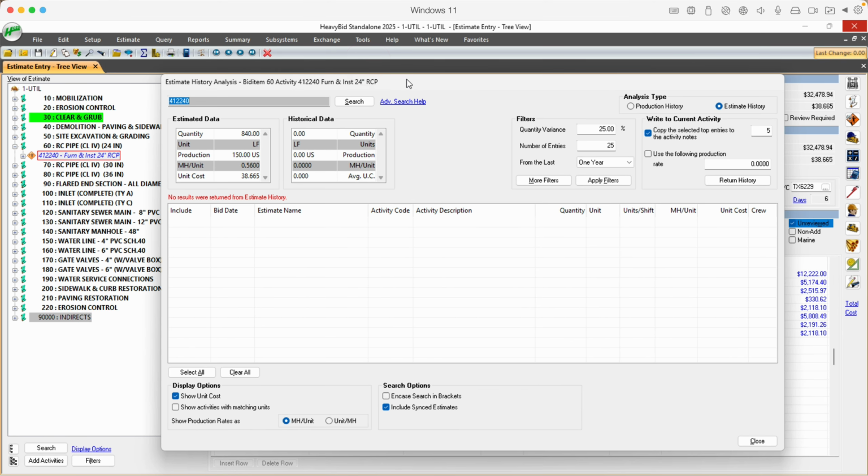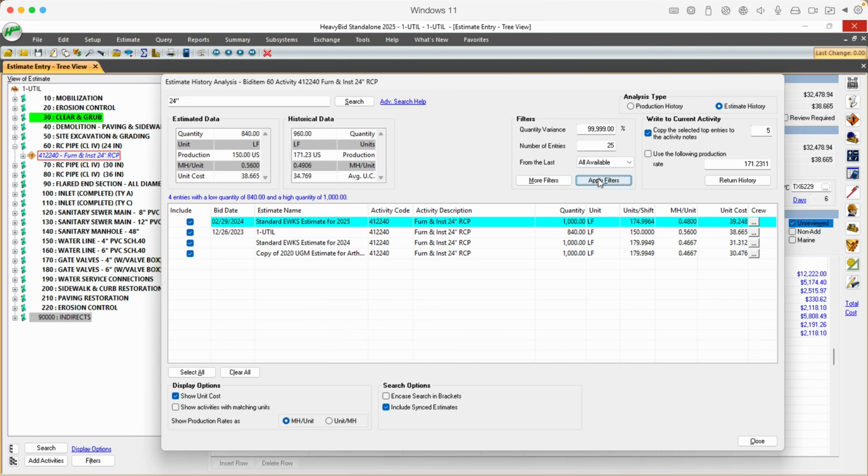And really all I got to do right now, if I want to go and look at all the estimates that I have syncing, is type in a description. And it doesn't have to be long. I don't have to spell out RCP or anything like that. I come over here and say, well, I want to see all instances of my 24-inch RCP, and I want to see all available, all the estimates. But you can see here, I can do like the last 180 days, 1 year, 2 years, 3 years, all available. And I apply the filters, and then these are the estimates that it pulls up,